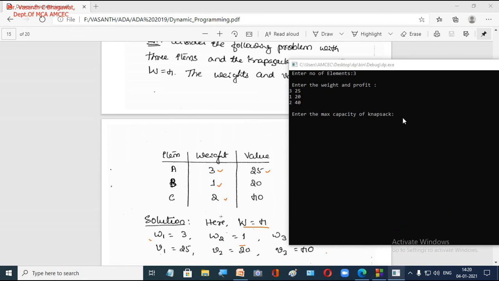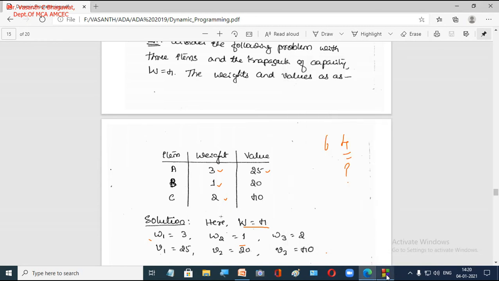Now it is asking to enter the maximum capacity of this knapsack. It is 4 kg. So it returns the maximum capacity. Sorry, it is not the maximum capacity, it should be the maximum profit, right? Maximum profit is 60. So that is what we get. Now you see that previously the table was displayed, now the table is not displayed. So that is the only difference.